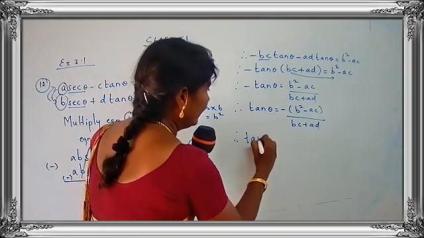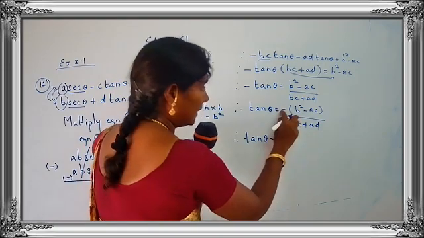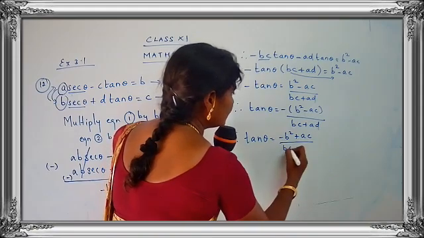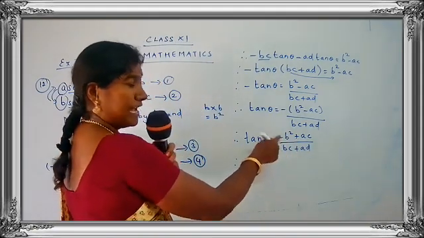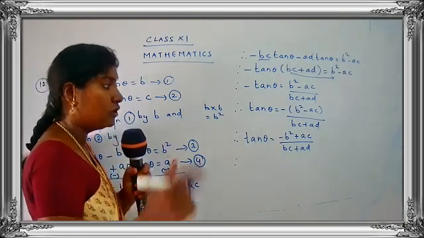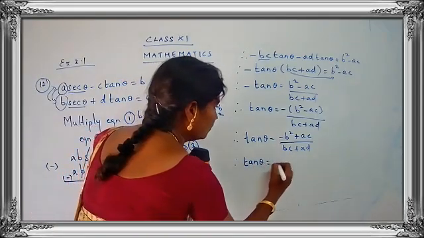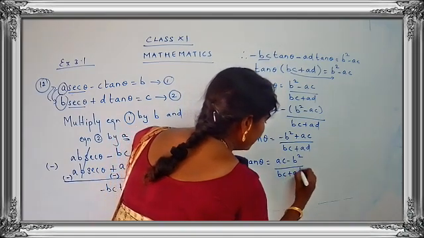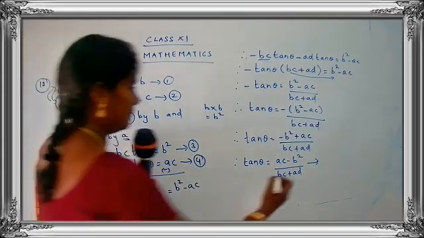Therefore, tan theta is equal to, now this is minus B square minus minus plus AC, okay, upon BC plus AD. I'll just try to write down in a proper way because I have the first term as negative. We never keep the first term as negative. So try to interchange the terms. I'll get tan theta is equal to AC minus B square upon BC plus AD. So I'll just take down this as number 5.